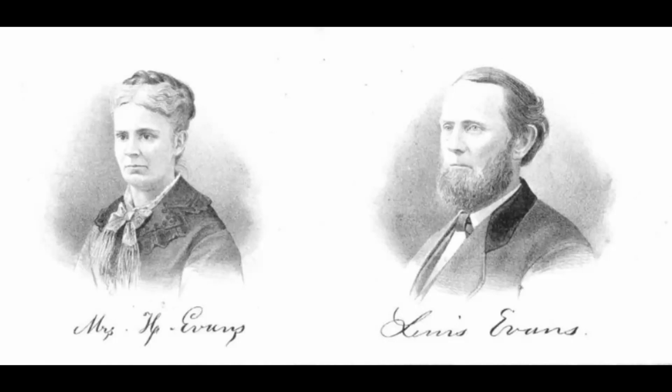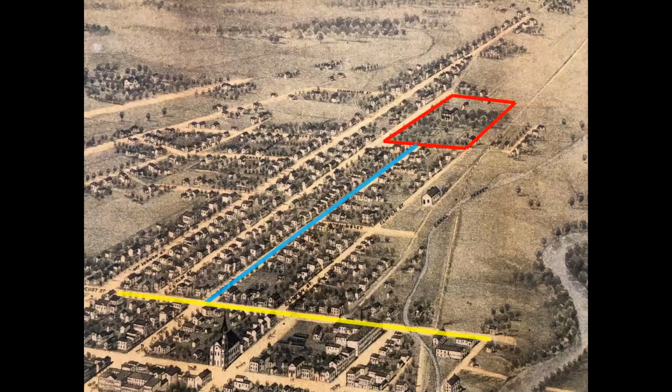The house originally was at what was the end of Hudson Avenue. So here is a map. To give you some context, the yellow line is Locust Street. The blue line is along Hudson Avenue. And the red box outlines the property surrounding Myrtle Hall. When Israel Dilley had built it, the original property, I think, was covered with myrtle flowers. And so that